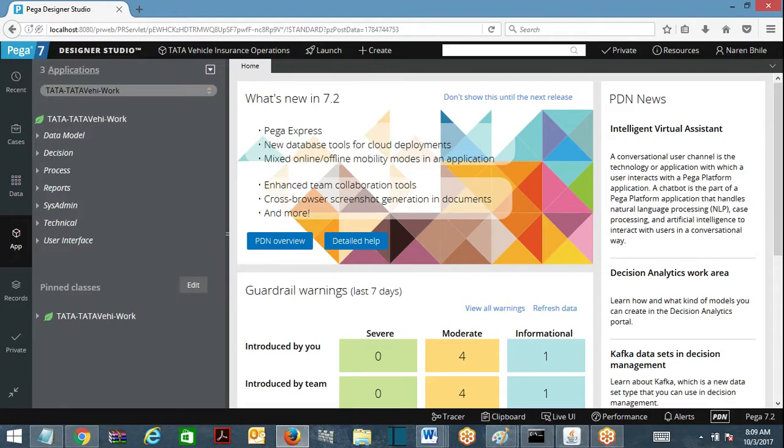What is page group? So far we have seen property and page list. What is a property? A property holds a single value. A page is also a property which holds other properties onto it. A page can hold single value properties, other pages, and page lists. Now a page list can hold pages, and again these pages can have embedded pages. Now let's look at page group when we are understanding about operator.